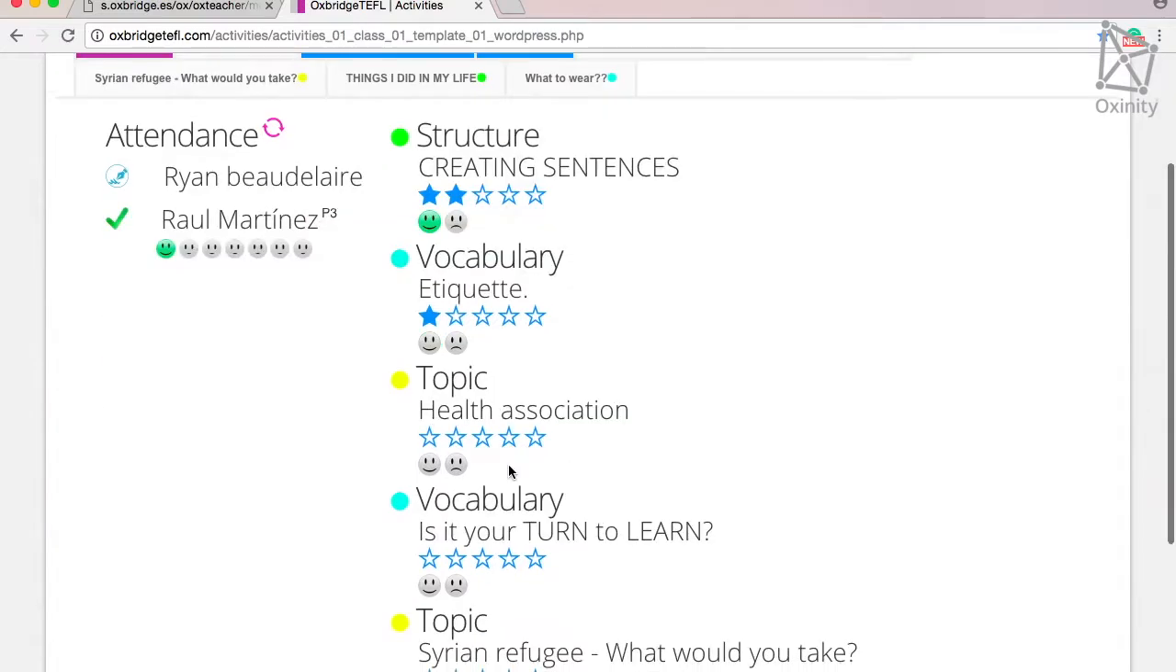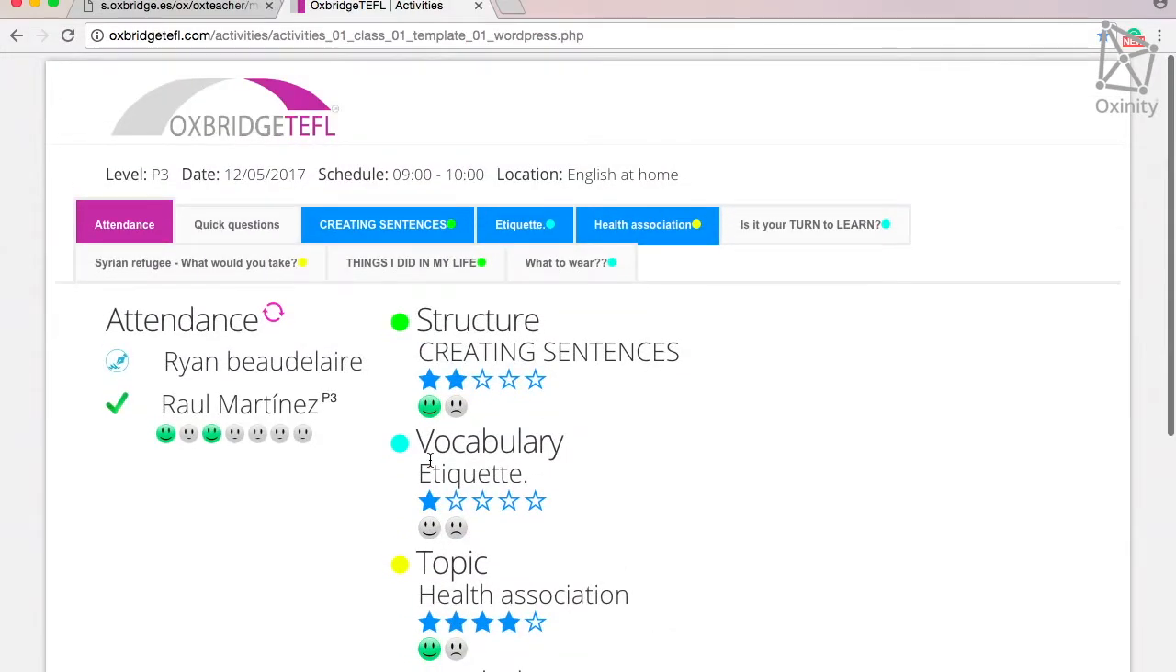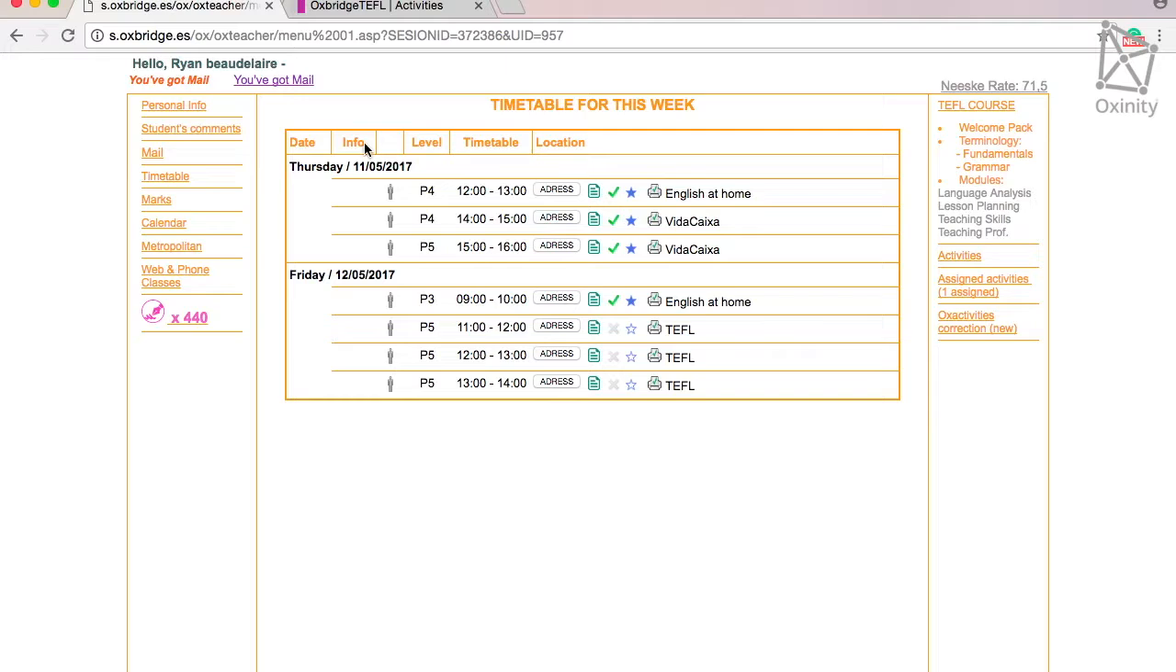Then for each activity that I've taught, I will give it a star rating and highlight whether or not the student got the content for each of the activities. So these are the steps that I must do for each class: my attendance, the student's attendance, check the level if it's highlighted, and evaluate the activities. Once this has been done, I can go back to the previous page to check that I've been credited